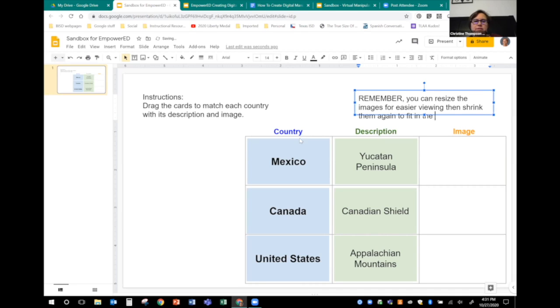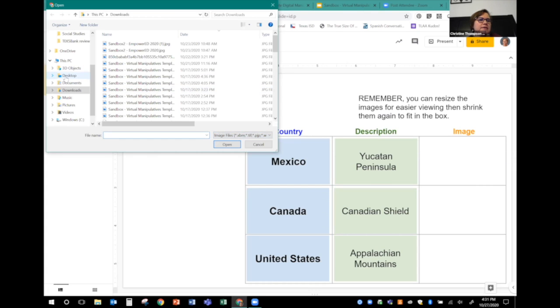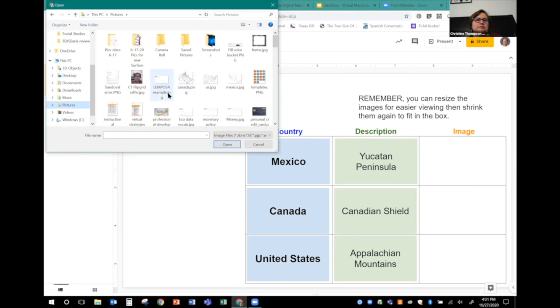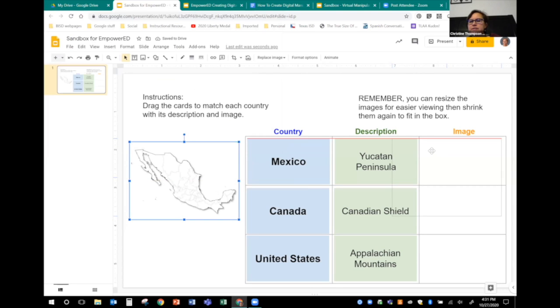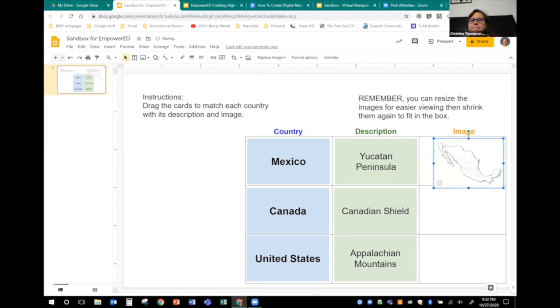To fit in. Okay, so I've got that little note to my kids already over there. And I'm going to insert my images. I've got these saved in my pictures. I've got Mexico. I'm going to drag it over there and size it to fit. And Canada.